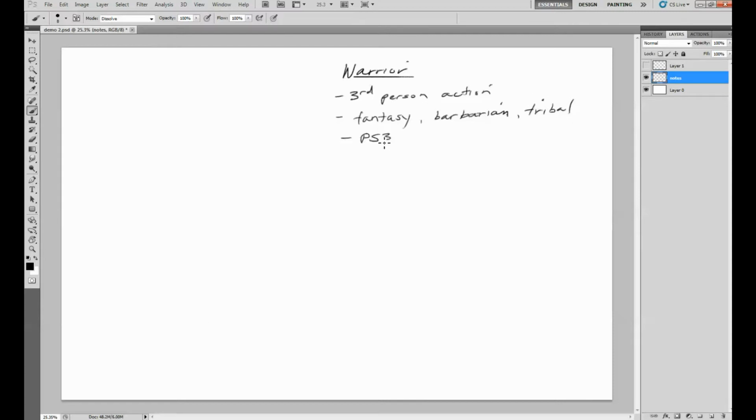So even in this case, I'm giving myself some objectives. It's a warrior, as you can see that I've written down here, and I've decided it's going to be for a third-person action game, fantasy, with influences of a barbarian or a tribal type. It'll be on next-gen console, PS3, Xbox 360. He's a heavy hitter, meaning he does a lot of damage, or a tank. And the style will be hyper-exaggerated, hyper-realistic, or hyper-stylized. And finally, the method: both line sketch as well as painted silhouette and shapes. I'll actually go back and forth on that so you can see those two different methods in approaching these